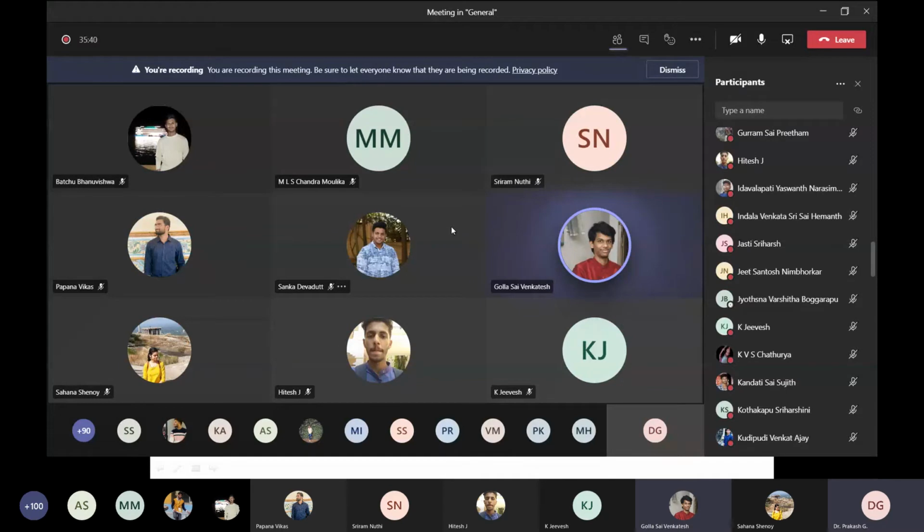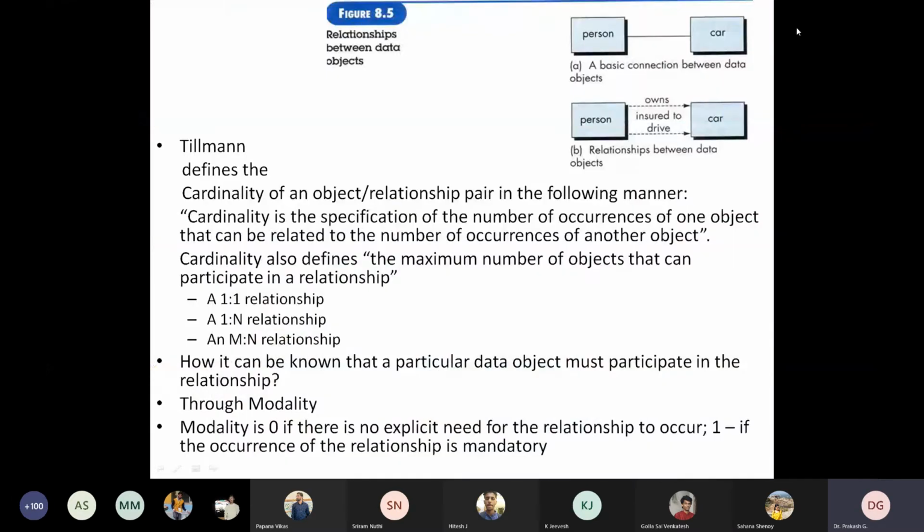Okay, right, fine. That is a different context, that's what I am trying to mean here. If it is about the ownership, the relationship is an ownership relationship, and whatever Sriram said is exactly correct. That is a 1 to n relationship.